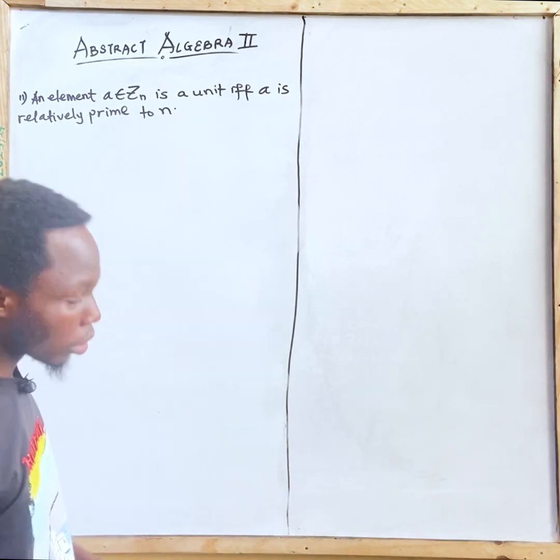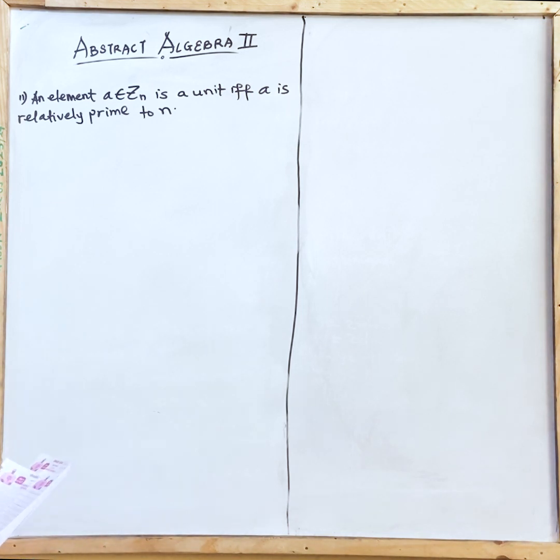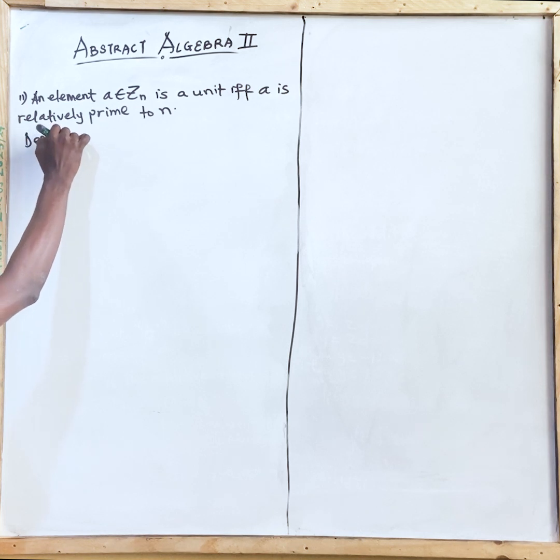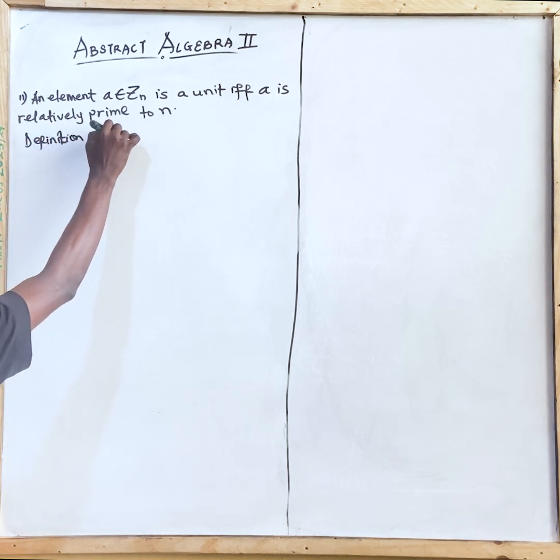So first of all, what do they mean by a unit, and what is the meaning of relatively prime? So basically, from the definition of a unit,